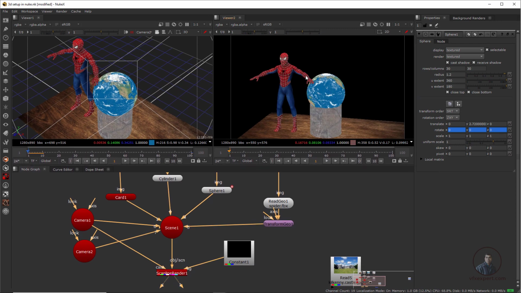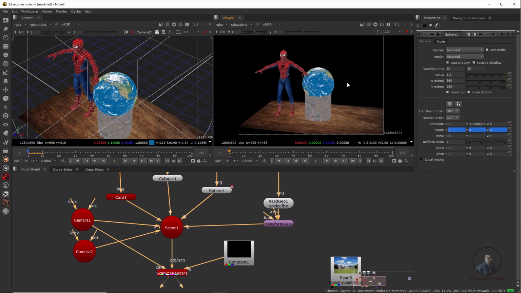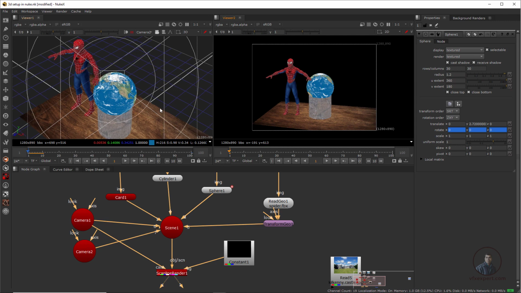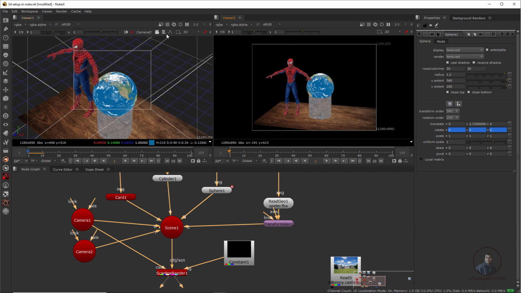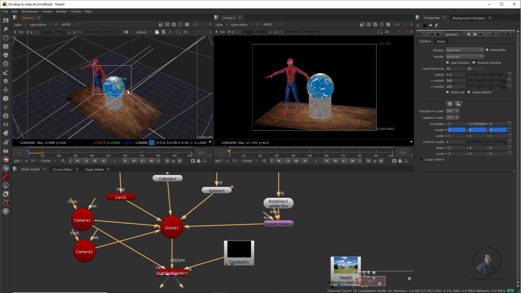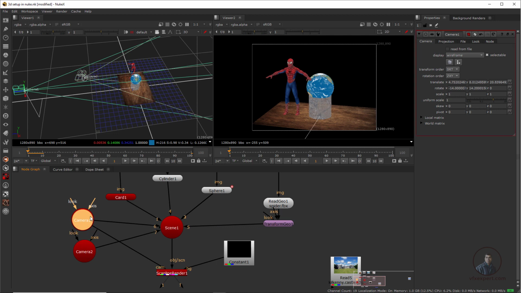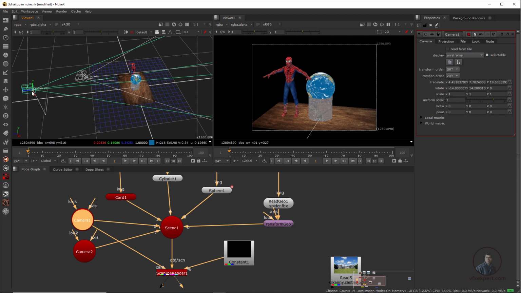So now here we can easily see this is our output view, or 2D view, and this is our 3D view here. Now you can easily adjust your camera from here. Again, come here in this default view, and just double click on this Camera1, because we are actually viewing our Camera1 here. Now you can see it's updating.